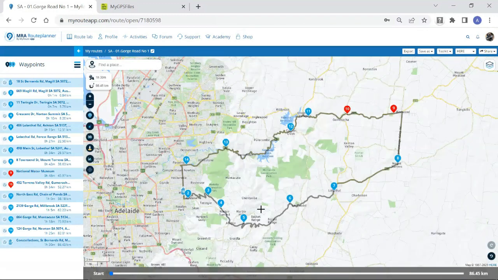So this ride here, we're coming around anti-clockwise. Now, let's say you wanted to reverse that route and you want to do it the other way. So if you come back out of it,